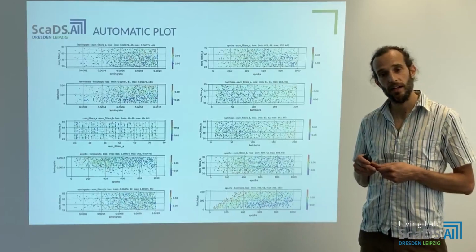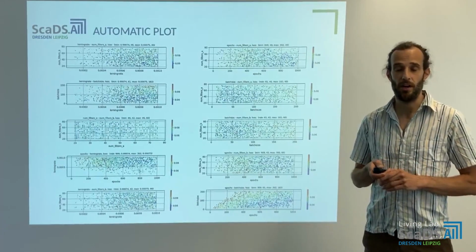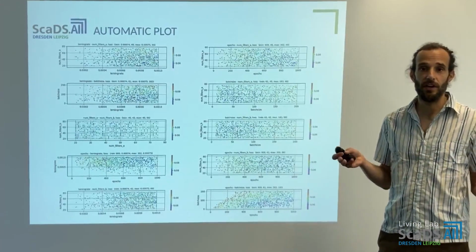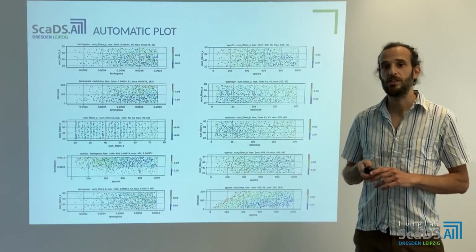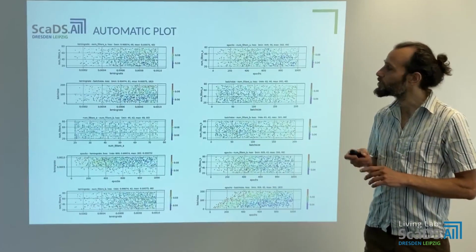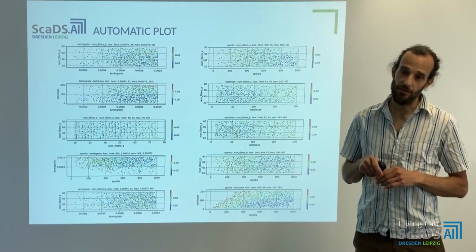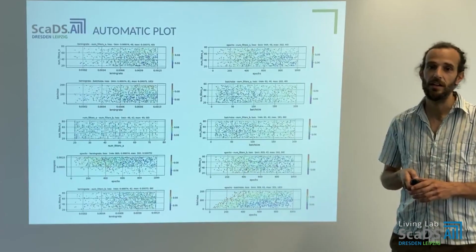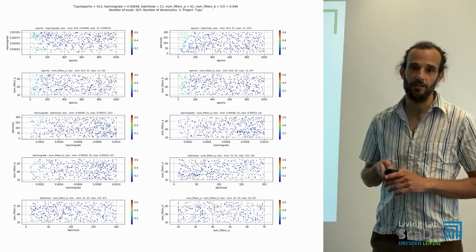In our case, it is 5, because we have 5 parameters. And the 5-dimensional space is very hard to depict, so we chose to plot each pair of hyperparameters. So in case of 5 hyperparameters, we have 10 plots, which you can see here, and they can be easily created automatically after